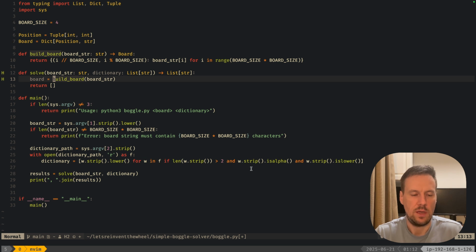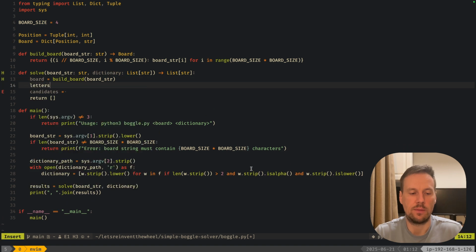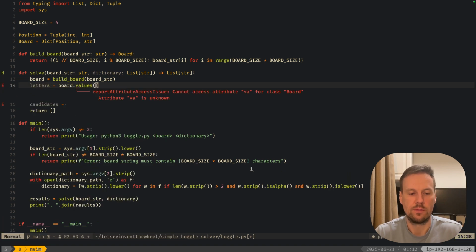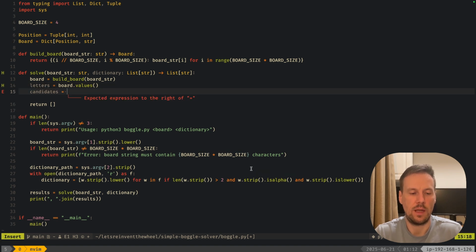Next, we can say that really our dictionary contains all possible words, and the board contains only some limited amount of letters, at least on smaller board sizes. So we can do something like candidates. We're going to filter our dictionary in a way that if we have some letters, which is like board values, so this is like all the letters on the board, and candidates is going to be